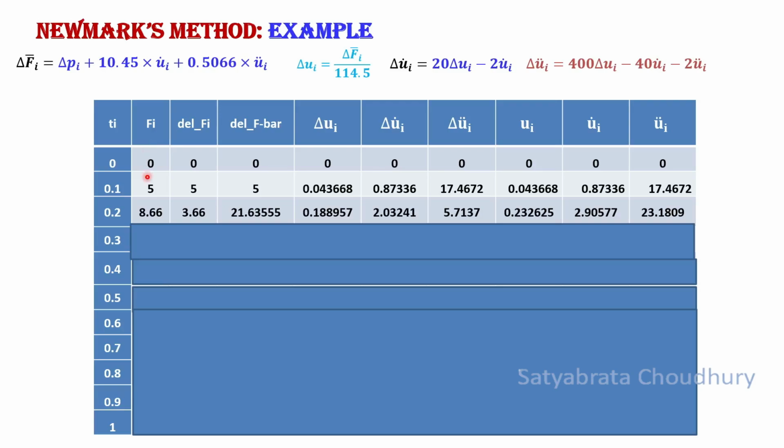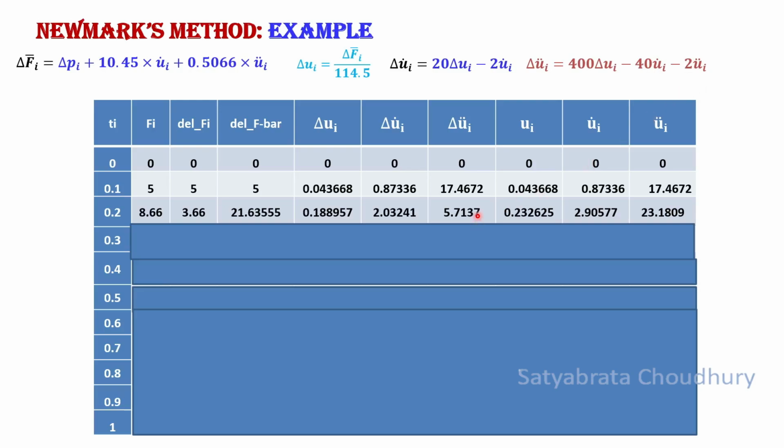In the next step the excitation force value is 8.66. So increment in the excitation force is 8.66 minus 5, which is 3.66, and through the expression of this, now all the values are non-zero. You apply all the forces from the previous calculation, and you get the delta Fi bar, and get the displacement increment from this expression, and the velocity increment from this expression right here, acceleration increment from this expression right here,